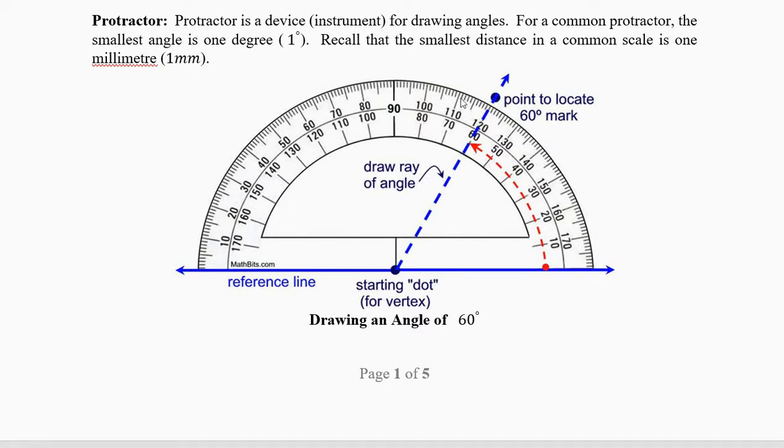Look, between 100 and 90, there are only 10 lines. So one line is 1 degree. If you want less than 1 degree, you have to buy a very special protractor, which you will not get easily and you have to learn to use it. So for the length, there is no problem. You can use your scale. Most scales, the smallest number is 1 millimeter, 0.1 centimeter, or sometimes half millimeter, which is 0.05 centimeter.